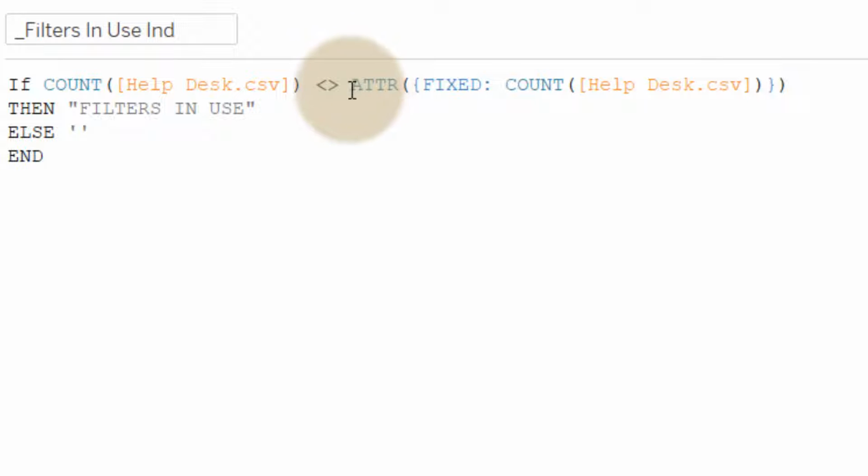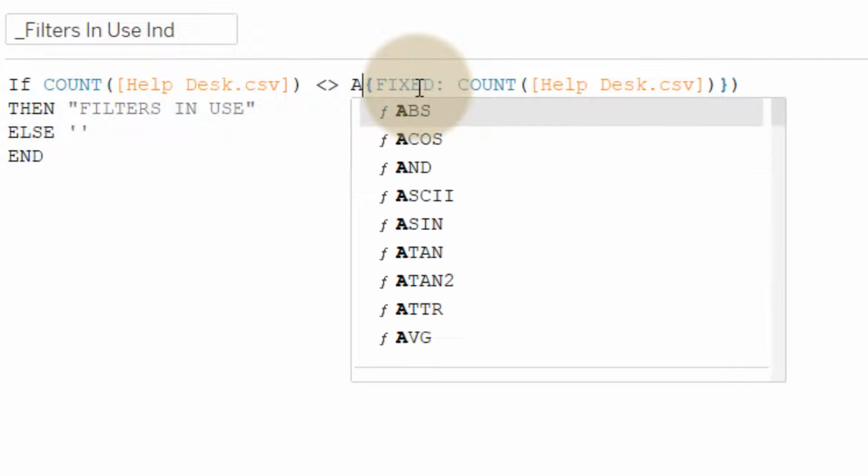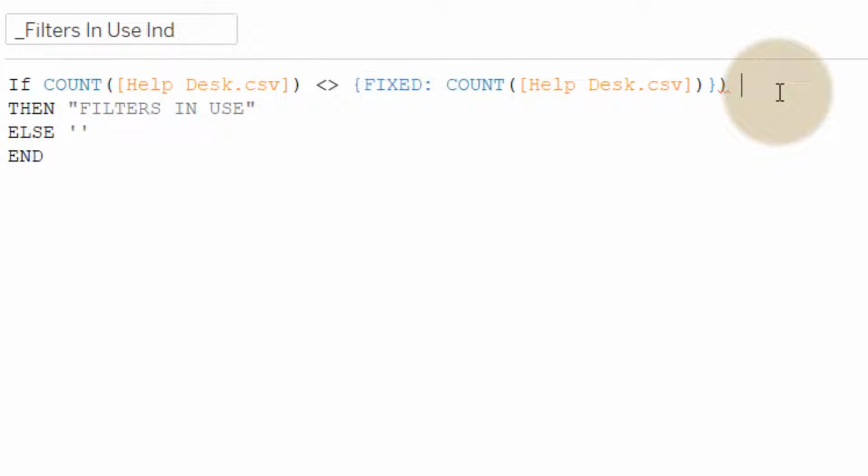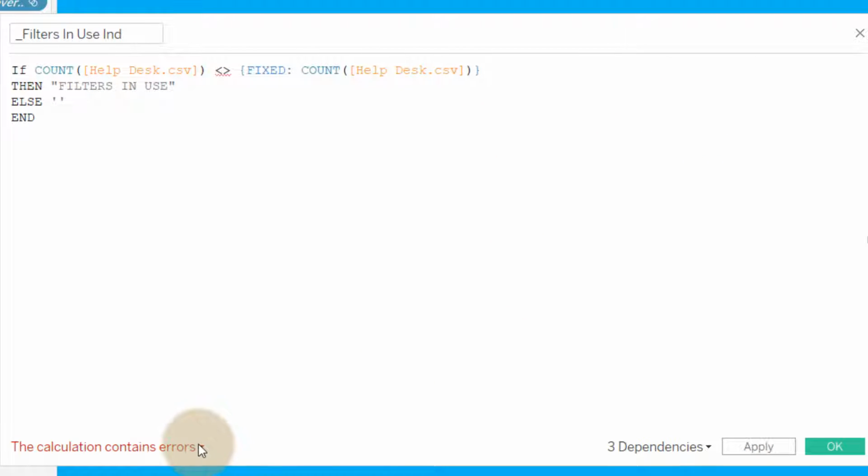Again, back to this ATTR, right? I need this ATTR because if I don't have it, here, let's do this, we're going to get an error. And it's going to say, cannot mix aggregate and non-aggregate. So in order to fix that, I put the ATTR function around here. There are videos that go more in depth, but think of it this way: